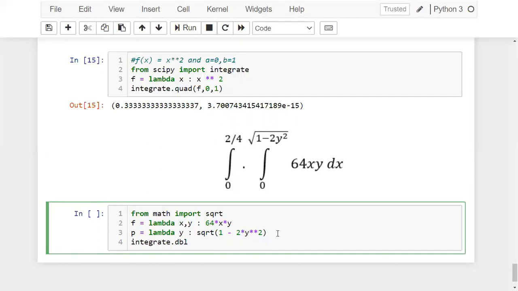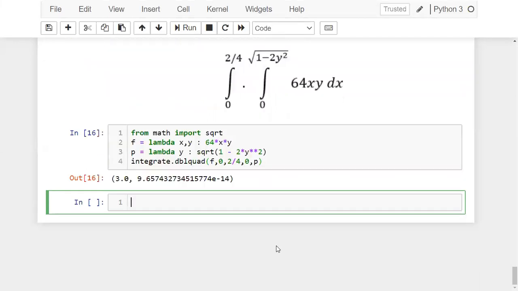Now use that function dblquad, and here you need to pass the function first. Okay, and then what is the first lower value? That is 0. And what is first upper value? 2 by 4. And the next lower value 0, and the next upper value is p. Am I clear with this? So in this way you need to pass values.